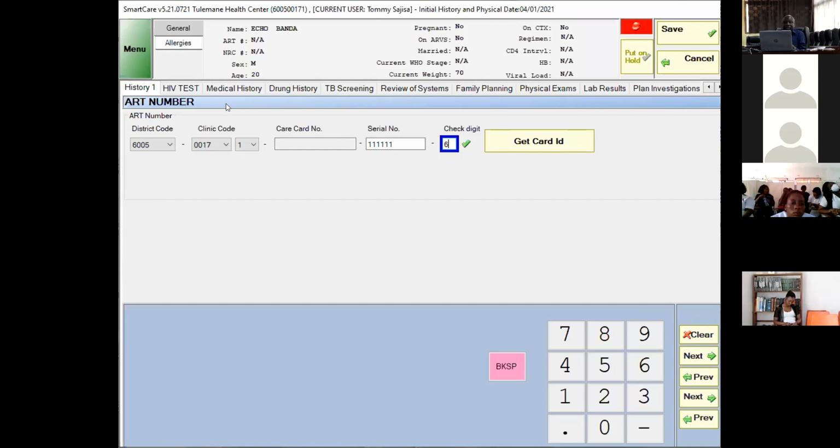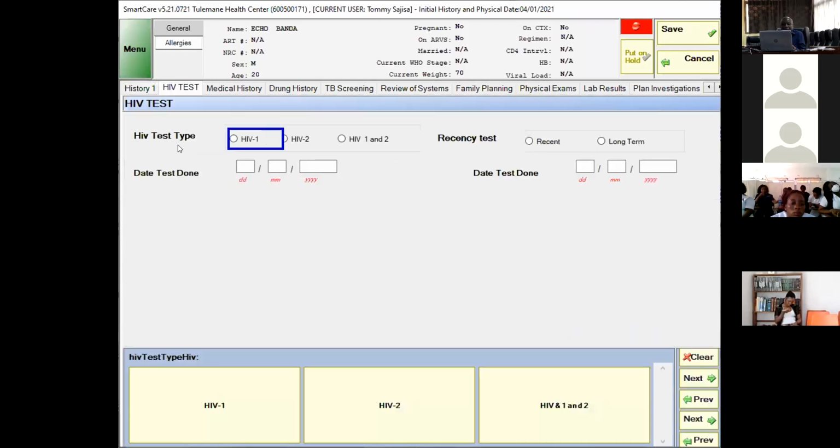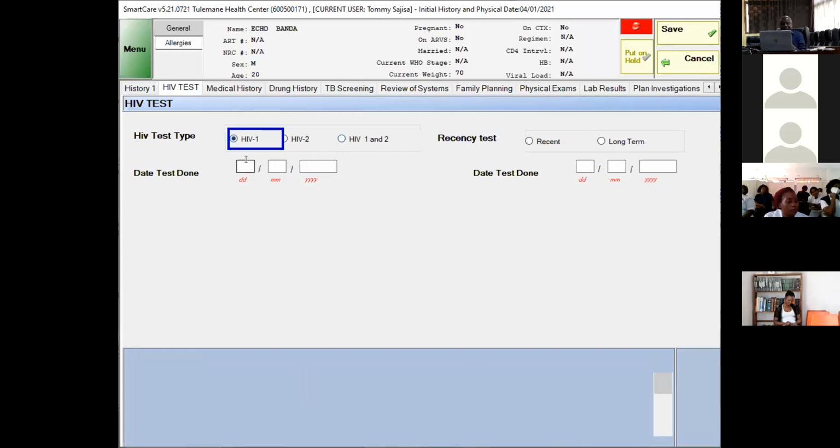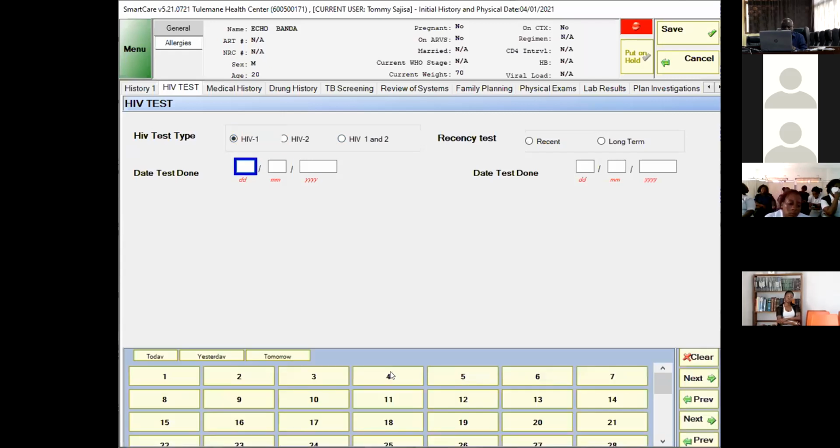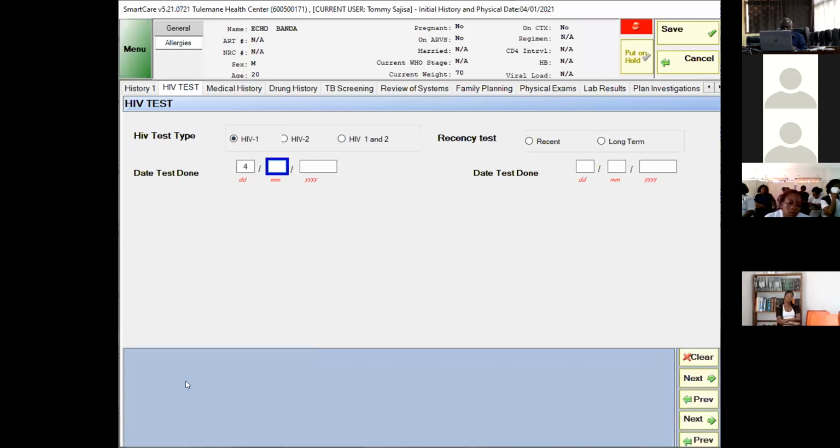Then the HIV test, this is the HIV test type. You have HIV 1, 2, or 1 and 2, and the date when they were done, okay? So you can advise me, what HIV can I put for our echo banda? Anyone? Put 1. Thank you very much. So 1, and it was done on the 1st of January